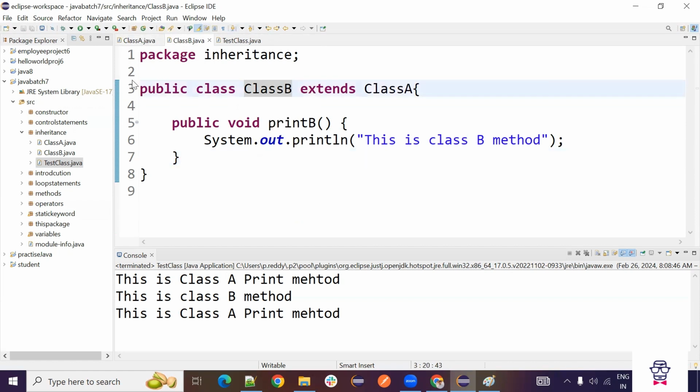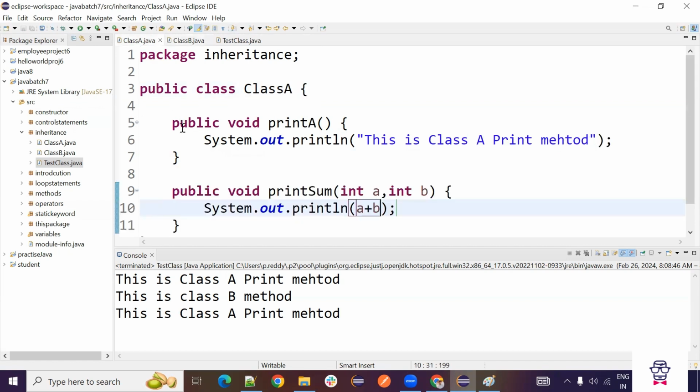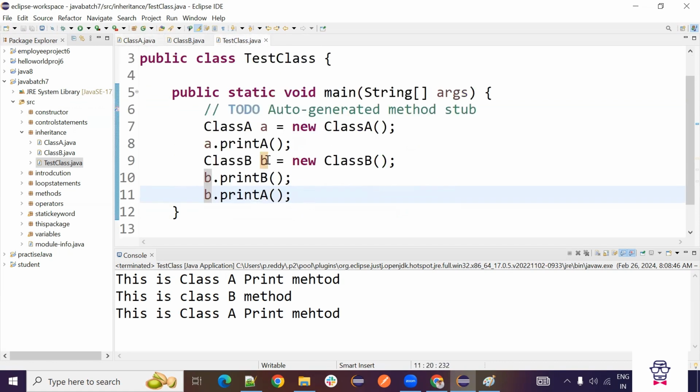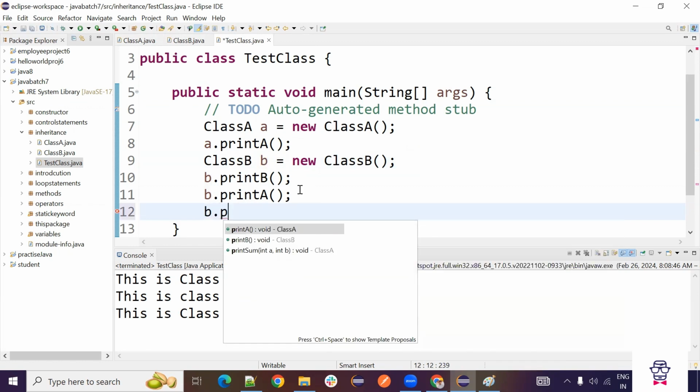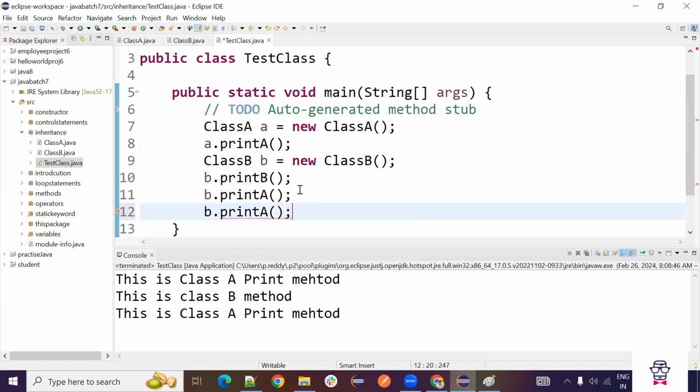Since we have a relationship, and B is a child class, and we have written the code in class A, now we create an object for class B, but the sum method is in class A. If I call B dot print sum, I can use this method. So I don't need to write that sum method in class B, because it's already there in class A and class B is a child class of class A. I can just use it from class A.